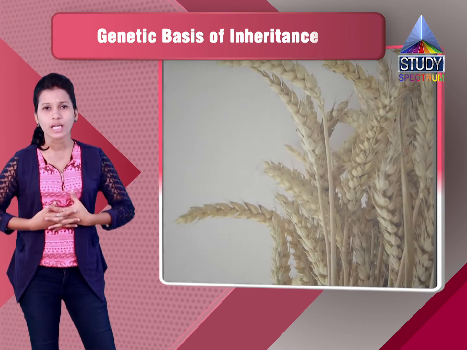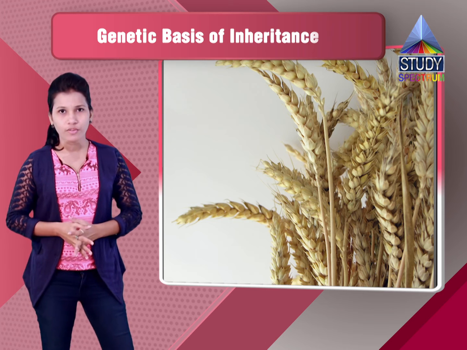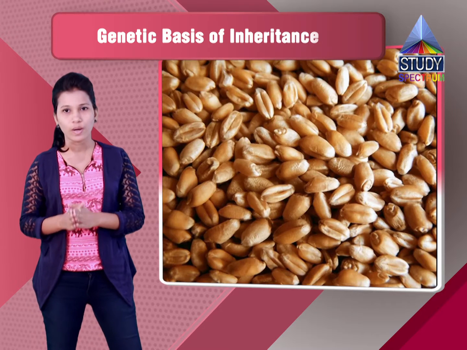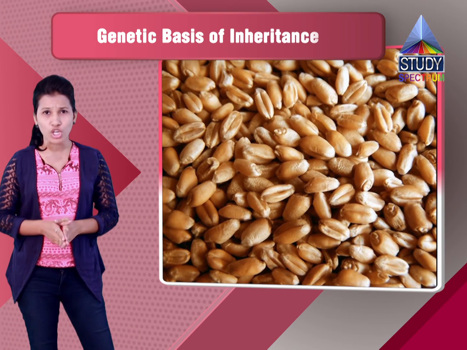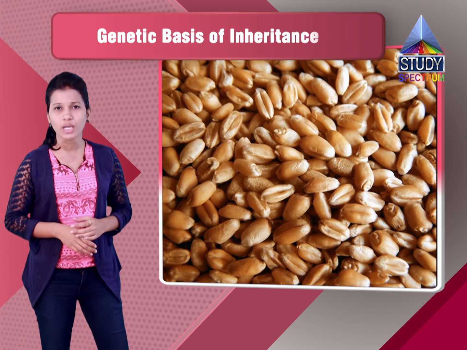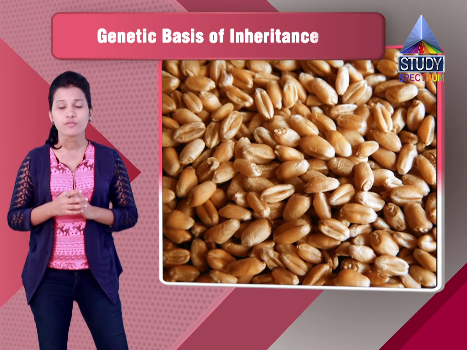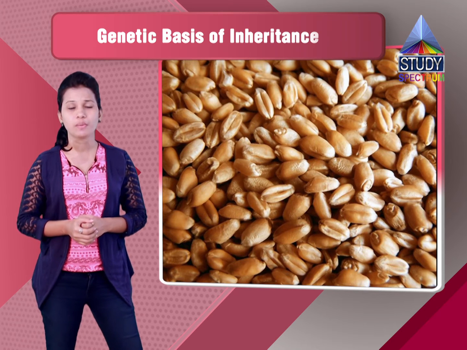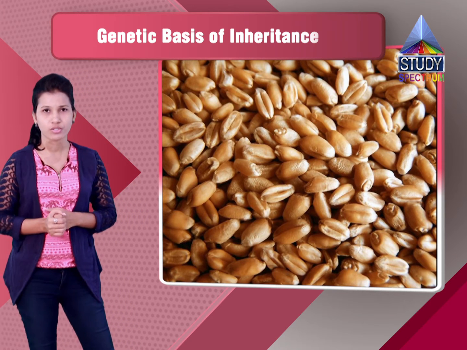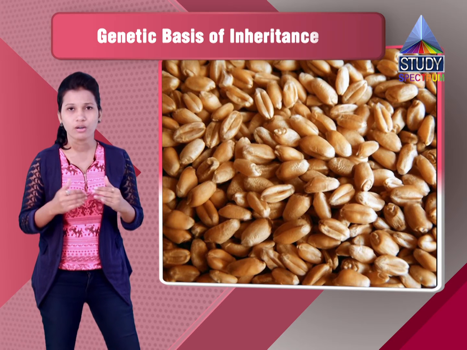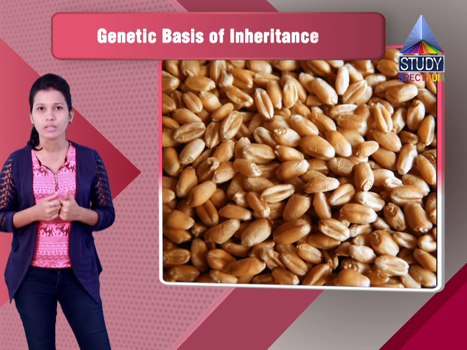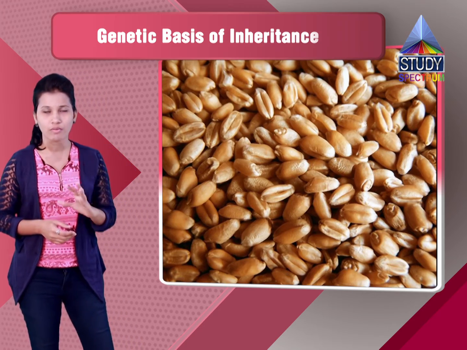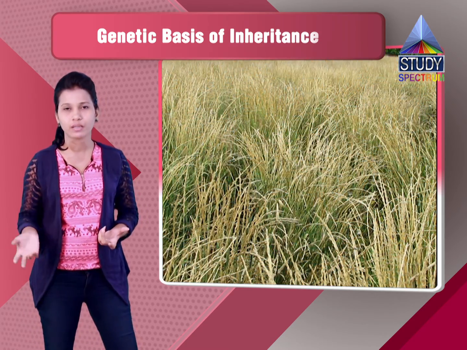For example, we can take the kernel of wheat. The kernel of wheat has two different grades, that is dark red and white color. But if we cross the dark red and the white, we can get various types, that is 5 different phenotypes, and these 5 different phenotypes will be in the ratio 1:4:6:4:1. We get these through 2 different types of plants, one having a red kernel and one having a white wheat kernel.